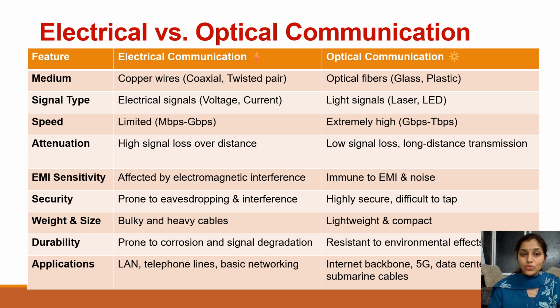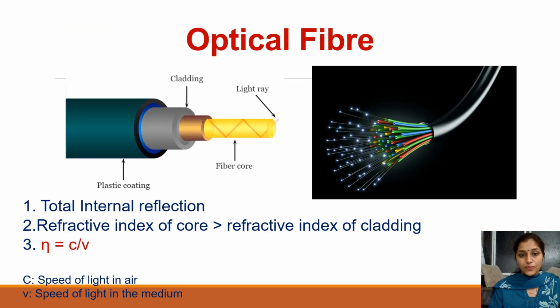So now you know the need of optical fiber communication is because attenuation is very less, so less degradation, less number of repeaters are required. The speed is very high, it is in Tbps, and they are less bulky, so size is less, speed is more, and attenuation is also less, and that is why we nowadays prefer optical communication over electrical communication.